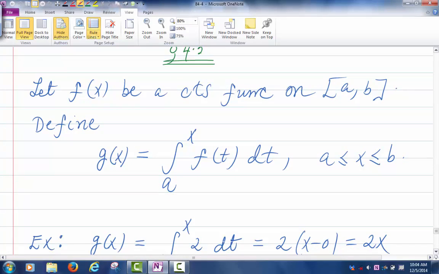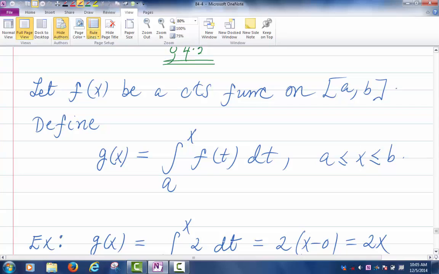Okay, the last thing we did yesterday was we started section 4.3, and we just looked at this definition here. So again, what we have here is that the function f is a continuous function. It is continuous on the interval from a to b. So because f is continuous there, we know that the integral of f